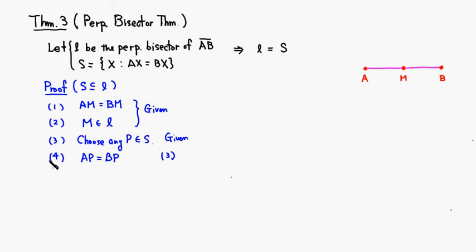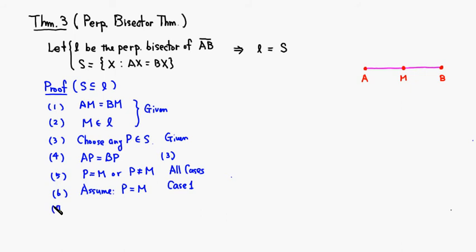Alright, so let's look at that. So 5, there are a couple of cases we probably want to look at, since if P happens to be M, we can't form a triangle. So we're going to have to look at two cases: P happens to be M, or P is not equal to M. So this is all cases. And 6. If you assume the first, kind of trivial case, P happens to be equal to M, so this is our case 1,